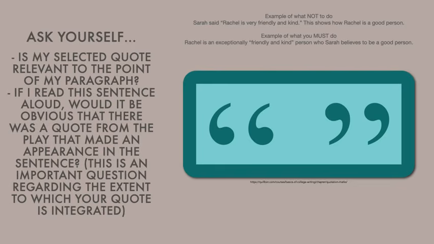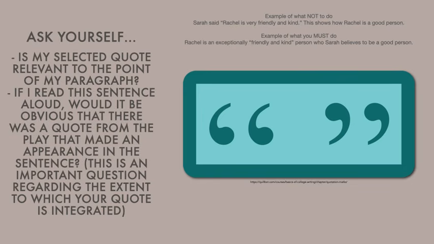So you need to ask yourself, is my selected quote relevant to the point of my paragraph? Is this quote actually doing what it's intended to do in terms of proving my argument, or am I just using a quote for the sake of using a quote? Obviously, we want to ensure that this quote is relevant and proves a specific point. That's why I said you should try to find quotes related to themes and characters and define them in your head: this proves this about this character, this proves this about this theme. Because essay topics are usually centered around themes and characters, or themes or characters.